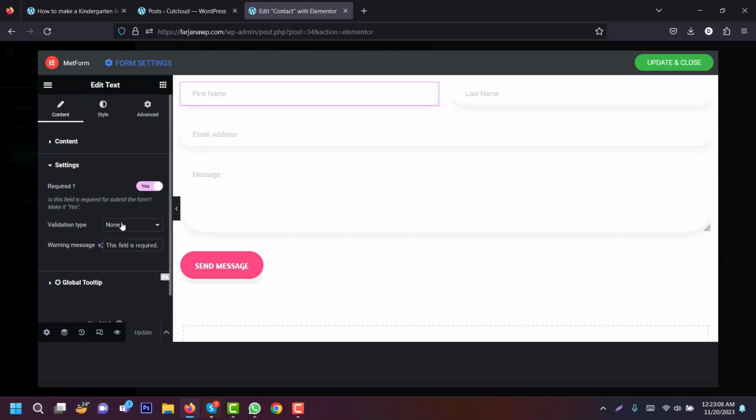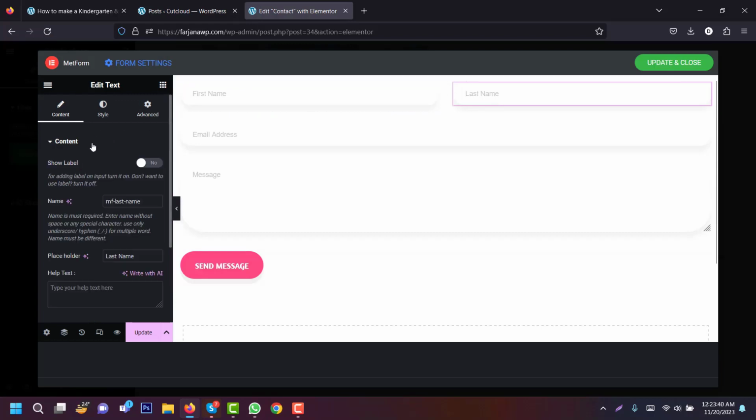And here is some validation type. One is validation by character and the other is validation by word length. If I select the first one, we can select the minimum length of characters and the maximum length. The other one is by word length. We can select any specific word length for this field. Alright, I'm going back, and in the same way, if I go for the other one,